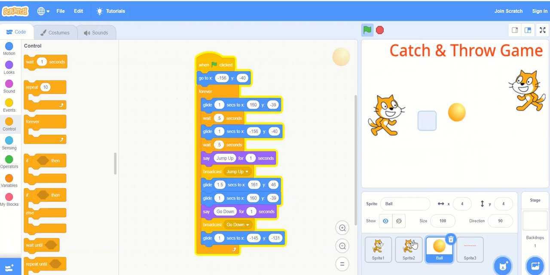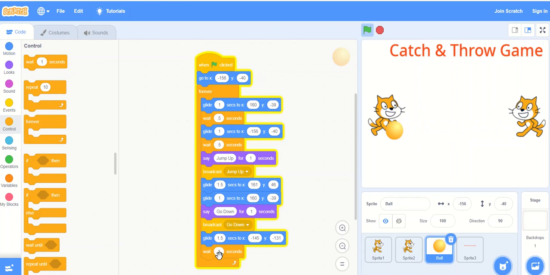As you can see, the speed of the ball is very high, so you can decrease the speed by changing the value here. Or you can add the wait instruction here also. Go down, then it will go there, so here we can also add a wait instruction. Wait for a few seconds. Click on green flag, jump up, then both the sprite and ball are going up, then it says go down, then the ball and sprite both are going down, and then once again.